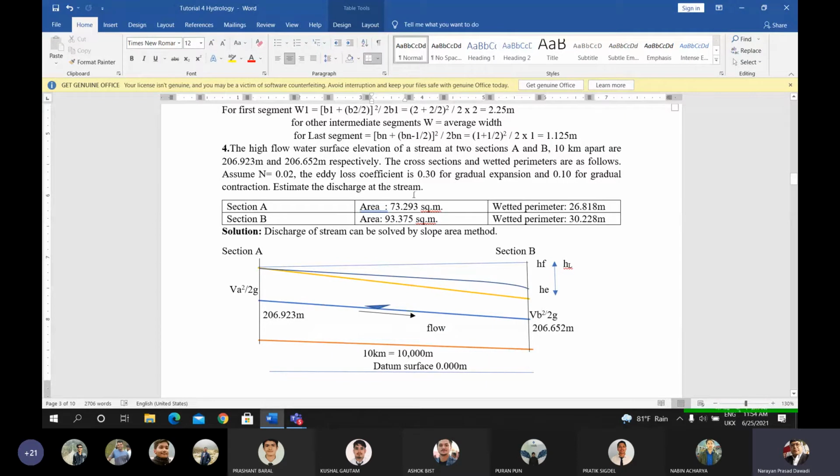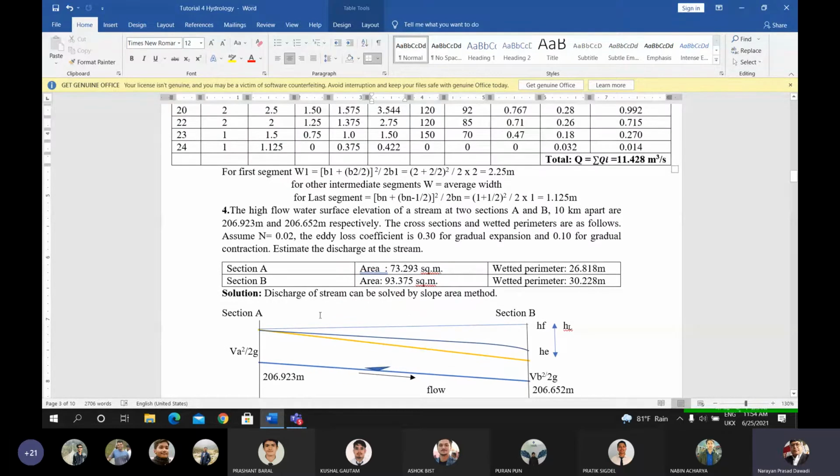Okay, for the expanded section, you have to take the coefficient of eddy loss KE equal to 0.30. Now, the discharge of the stream can be solved by the slope area method. This is the data given here. According to the data, you have the elevation of the water surface, Manning's roughness coefficient, gradual expansion or contraction, sectional area, wetted perimeter, etc. So you can conclude that for the measurement of the discharge of the flow of the river, the data given in this way has to be solved by using the